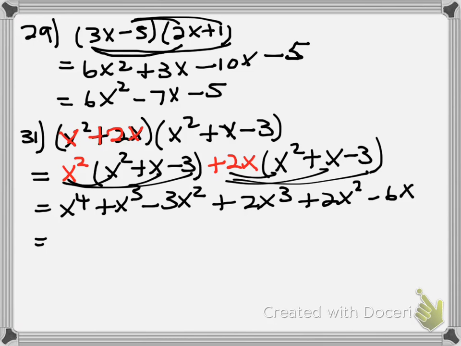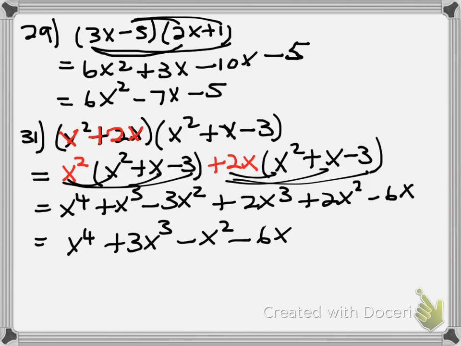Putting my like terms together gives me a final answer of x to the fourth plus 3x cubed minus x squared minus 6x. Alright, that's number 31, and that's what we would do even if we have 3 terms multiplied by 3